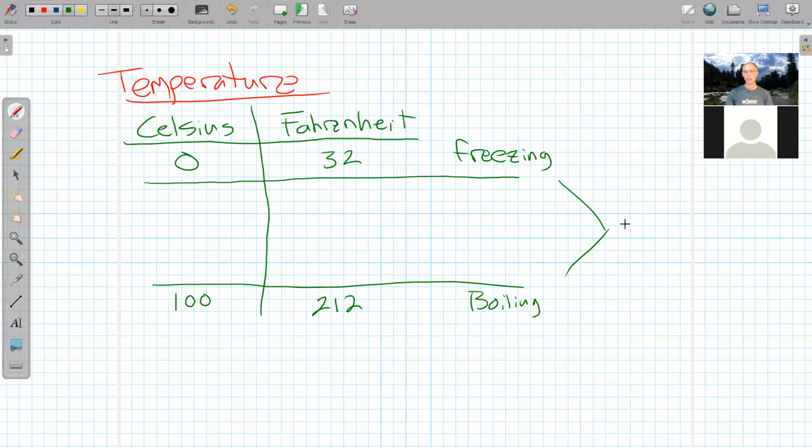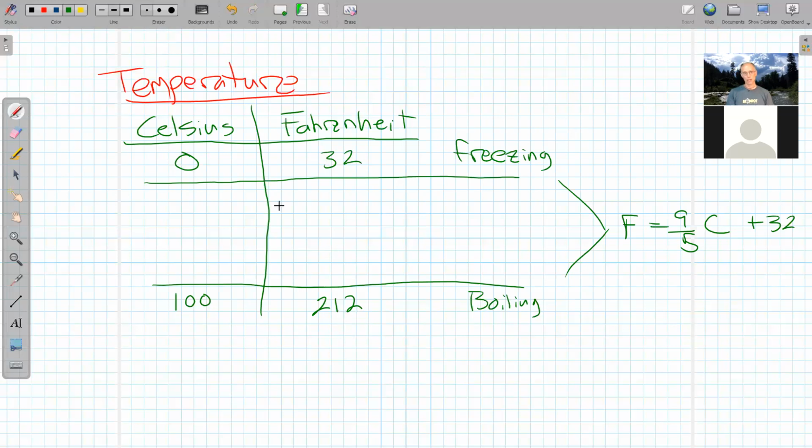You can find the Celsius temperature by taking 9/5. Oh no, I got that backwards. Find the Fahrenheit temperature by taking 9/5 of the Celsius temperature and adding on that 32 that goes with 0 degrees Celsius. So there's one version of the conversion formula. But what's better to know is 0 degrees Celsius is about 32, and 100 degrees Celsius is about 212, so freezing